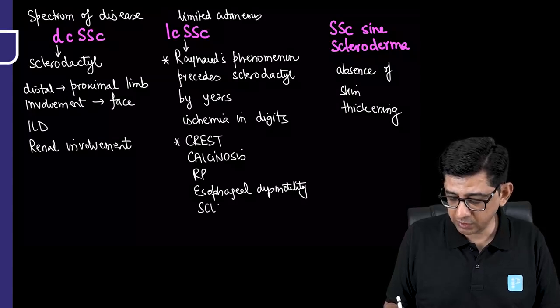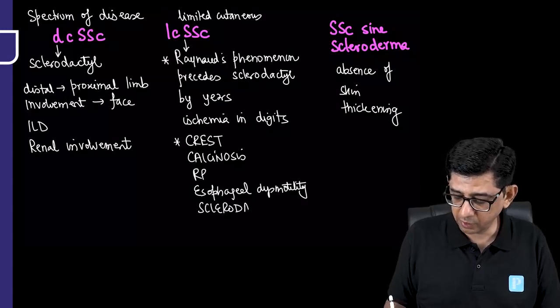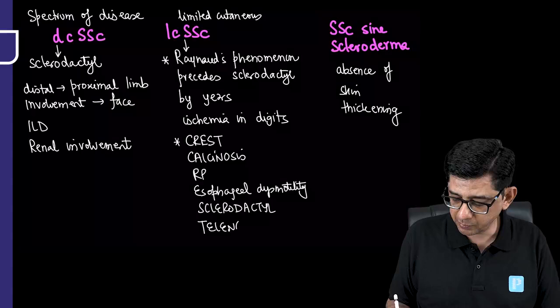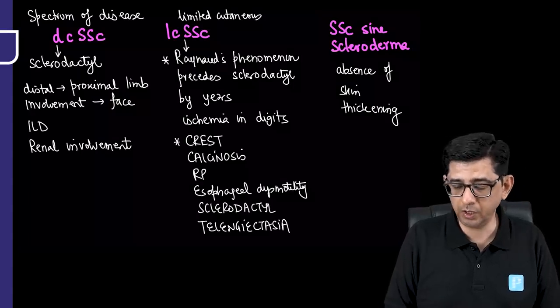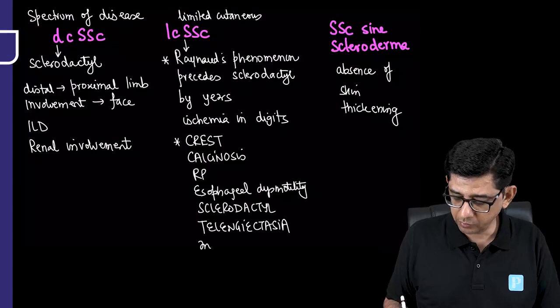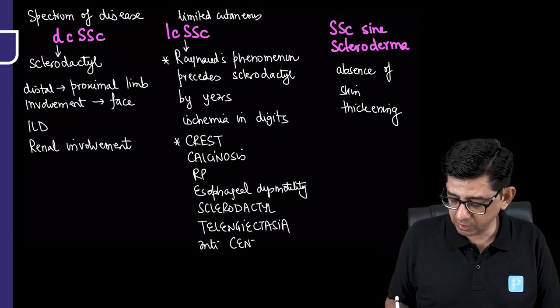And then would be the classical feature of this condition, which will develop after many years, and then would be telangiectasia as well. So this is a subset that we encounter, and the antibody name that is to be remembered for the limited cutaneous variety is anti-centromere antibody, whereas for the diffuse cutaneous variety, the name to be remembered is